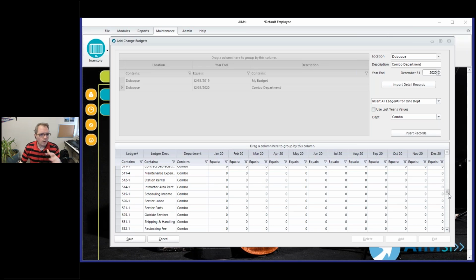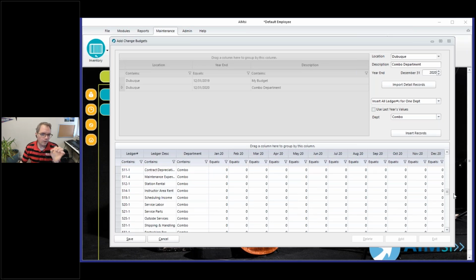When we get down to where you might have tables being used, like the department allocation table, remember how I said that the utilities line was going to be 40% combo, I think it was 25% B&O, et cetera, et cetera. If you had, let's say, $1,000 going into the ledger account here for utilities, then $400 of that would essentially get expensed, or would show, underneath the budget comparison for